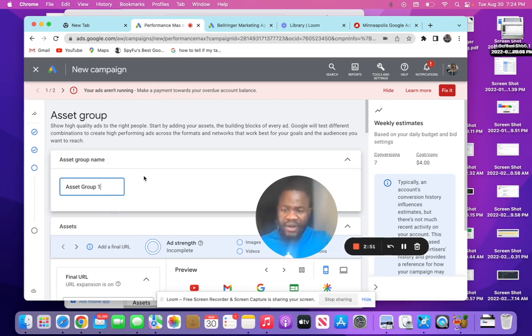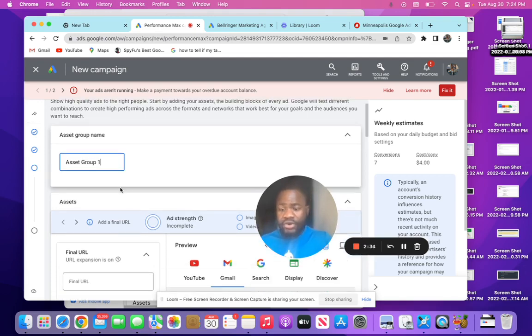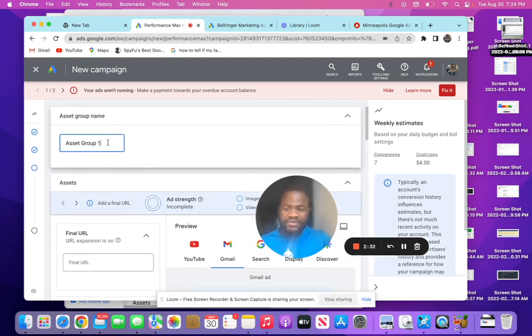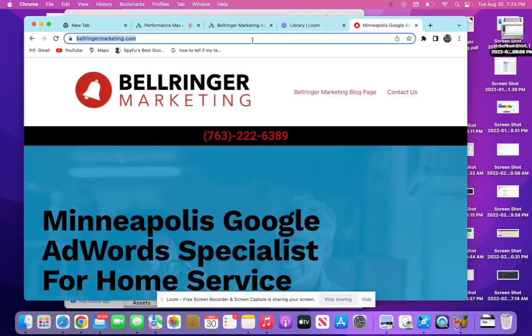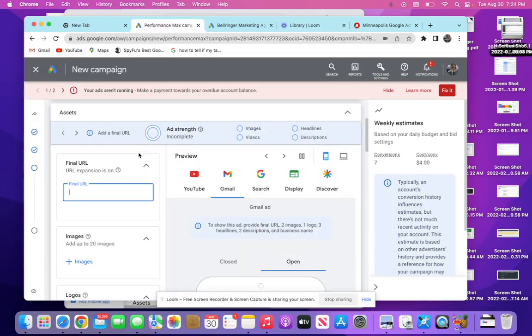Anyways, now asset groups. You want to set up as many asset groups as you can that makes sense for you. So let's just say if you're a lawyer, you might want to set up asset groups for accident lawyers, or, I don't know, wrongful death, whatever you cover, right? So you can create multiple asset groups. For this one, I'm just going to leave that there for now, and then here you enter the URL of whatever you're working with. So I'm going to use this URL,